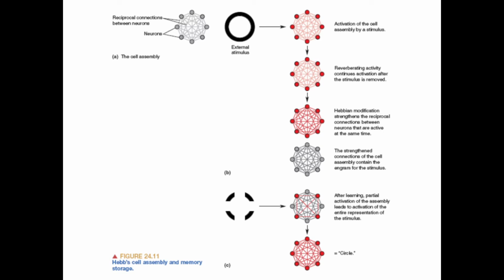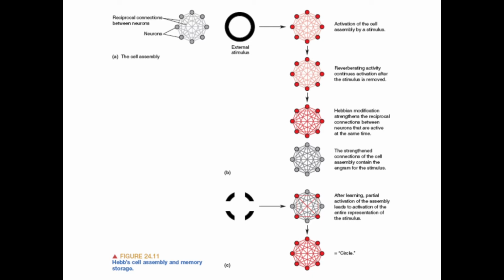So when you perceive a stimulus, your neurons activate, and if you perceive the stimulus long enough or with enough strength, those activated neurons will create connections between them, and then you have a modification and strengthening